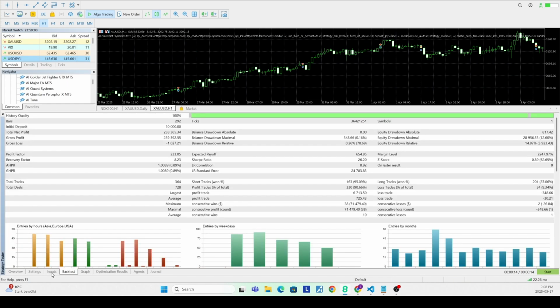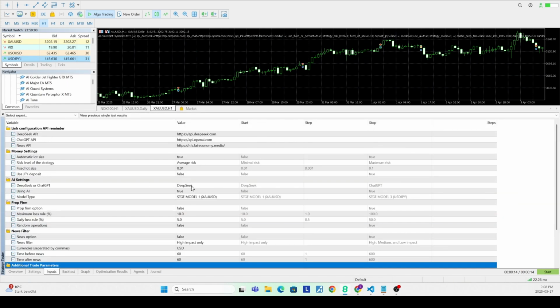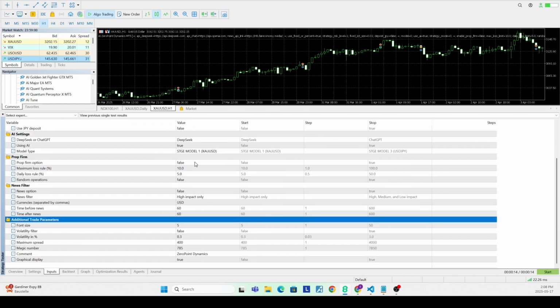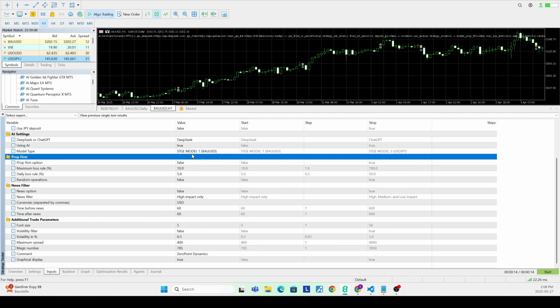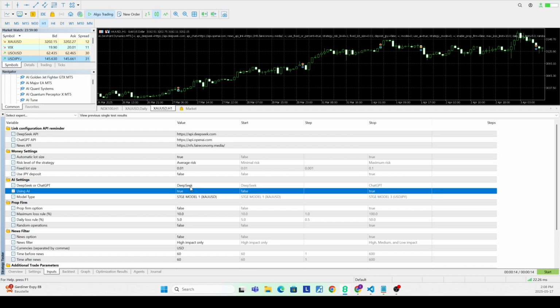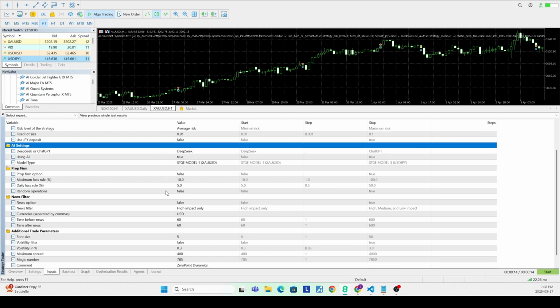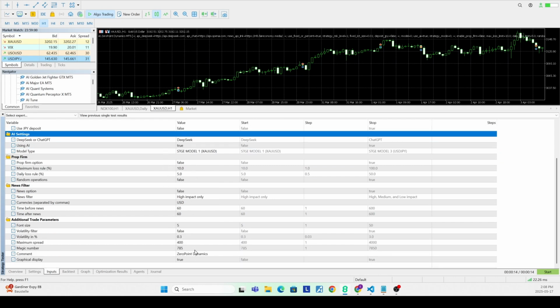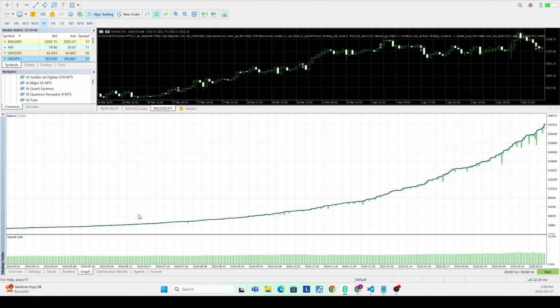And the fact that you're also able to run this without necessarily having any sort of API key is also not a great sign. Here he's saying hey, use DeepSeek, use ChatGPT, great, but where do you actually put in your key, right? So how would you actually be able to run this in a backtest or just more generally? And one thing to note is you can't actually backtest any of these models because you can't run web requests in the strategy tester. So if it was this good in a backtest, something is clearly wrong.